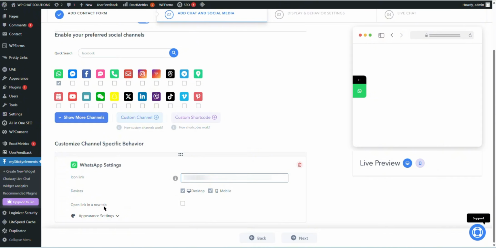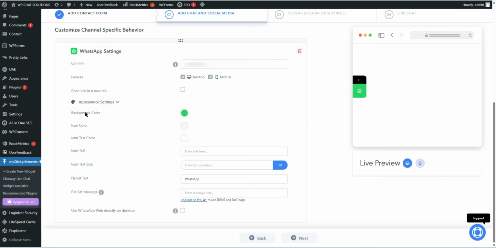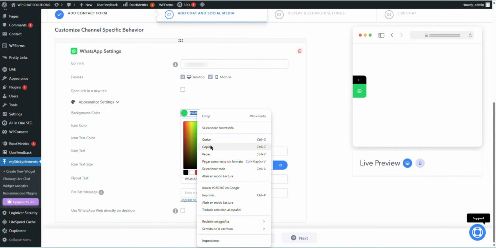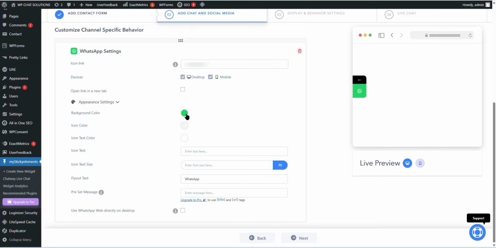Next option is open link in a new tab. You can enable or disable it if you wish. I'm just going to keep it disabled, and I'm going to open this arrow to see what are the settings under appearance. And the first one is the background color, so it's pretty obvious that it's this one here. If I touch this button, I'll get a color palette, and I can change it if I wish. What I will recommend you to do first is to just go ahead and copy the color